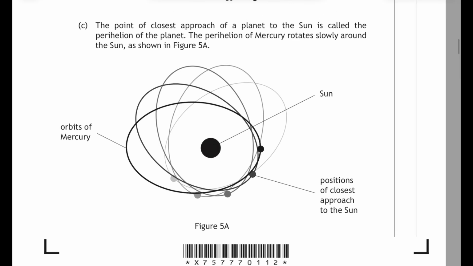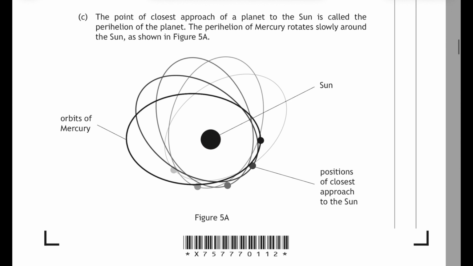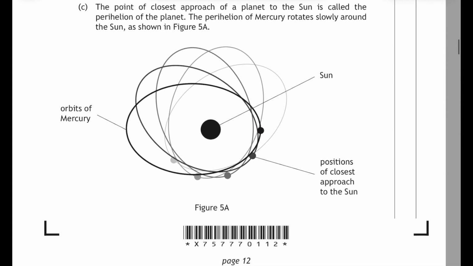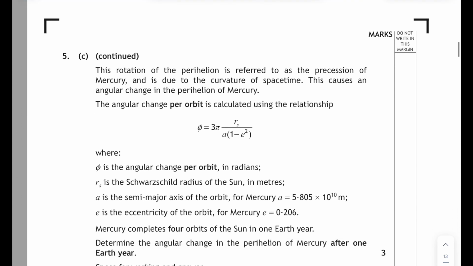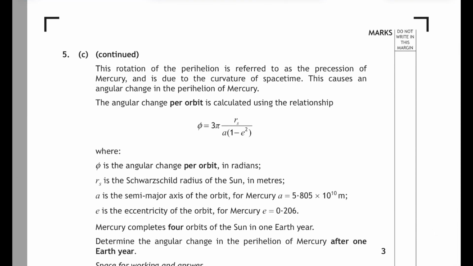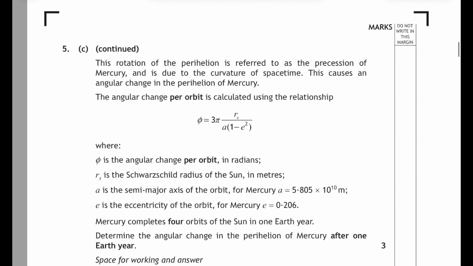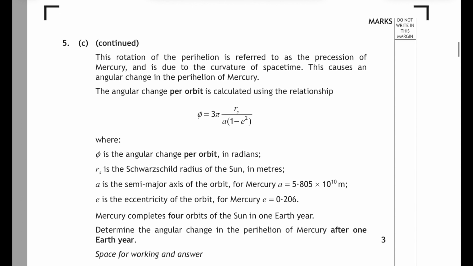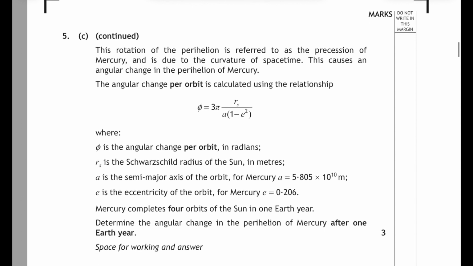Okay, part C. The point of closest approach of a planet to the Sun is called the perihelion of the planet, and the perihelion of Mercury rotates slowly around the Sun as shown in figure 5a. Lovely diagram. And this rotation of the perihelion is referred to as the precession of Mercury and is due to the curvature of space-time, and this causes an angular change in the perihelion of Mercury, and this angular change per orbit is calculated